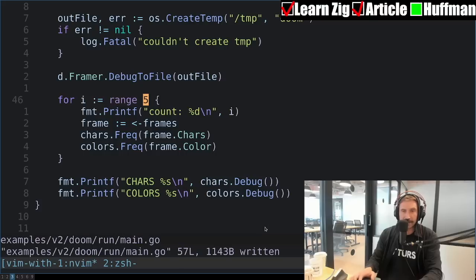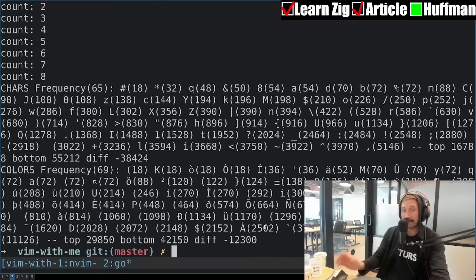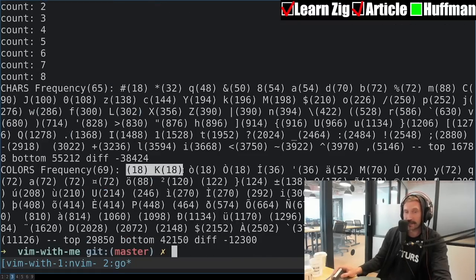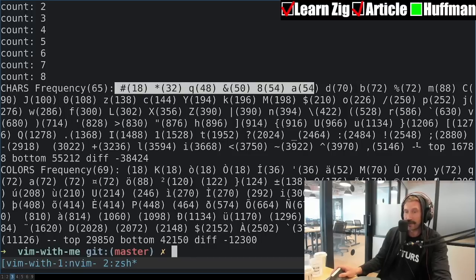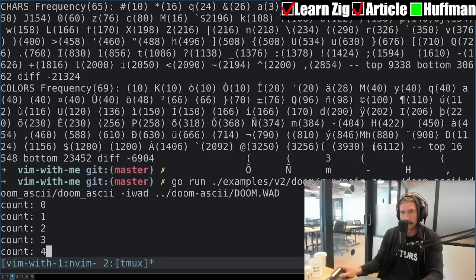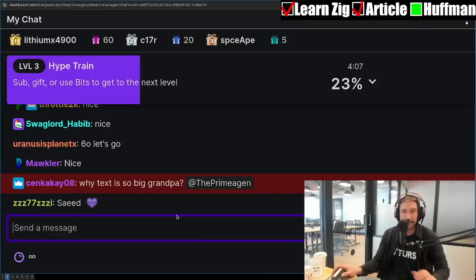So if I go back and I do the exact same thing and I go up to, say, the first 9 frames, exact same things going on right here. You can see that there's very unused colors and very unused characters, and then very common characters over here. And I don't even think the common characters have changed that much. Tilde, hat, comma. Let's see, what are the most common characters here? Comma, tilde, or a hat, tilde. So it's like the same stuff.